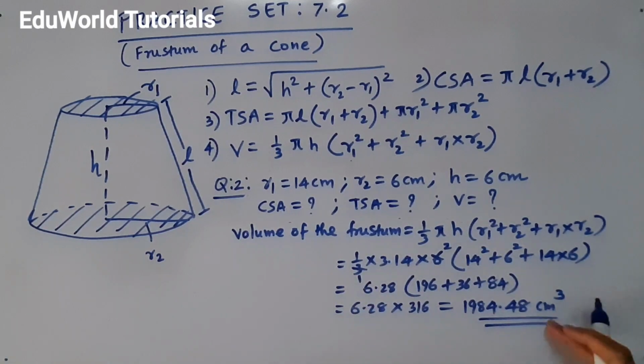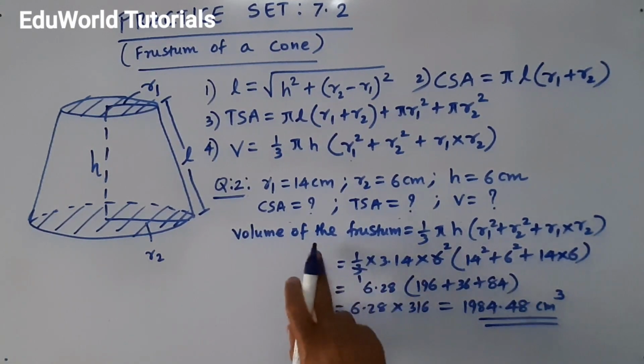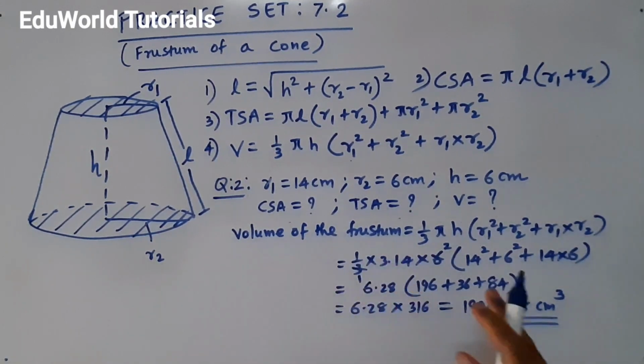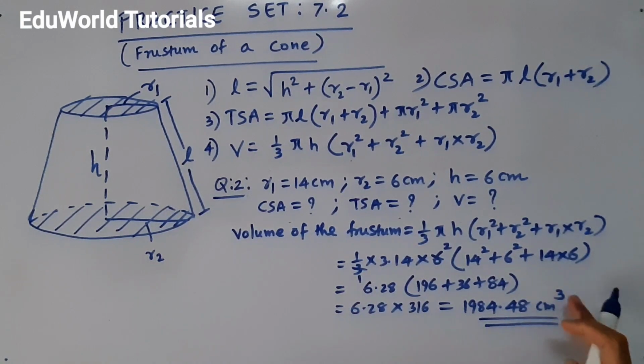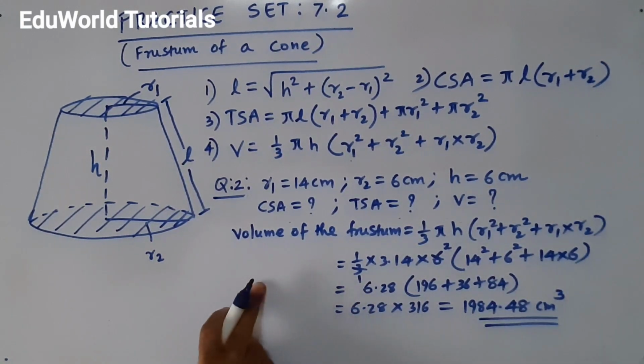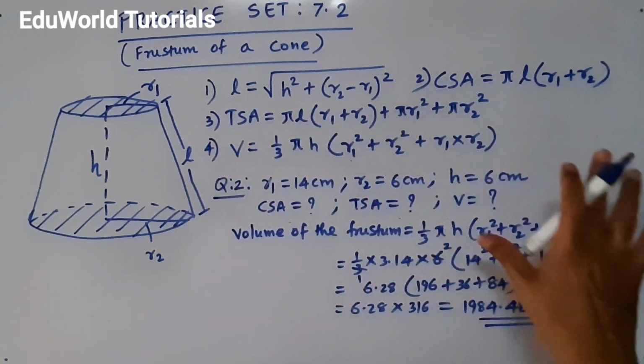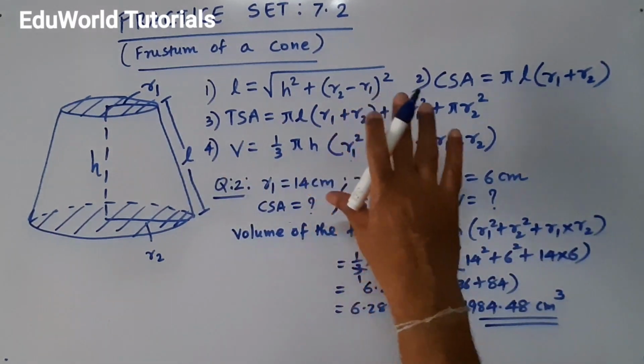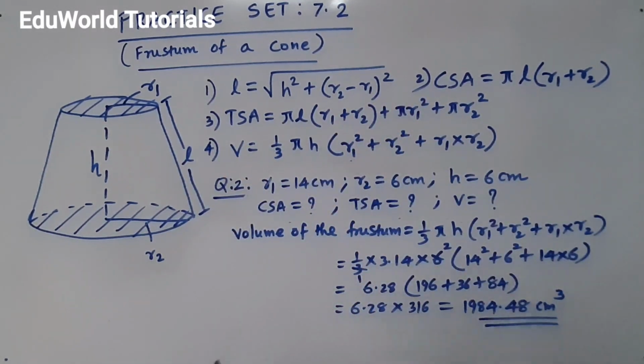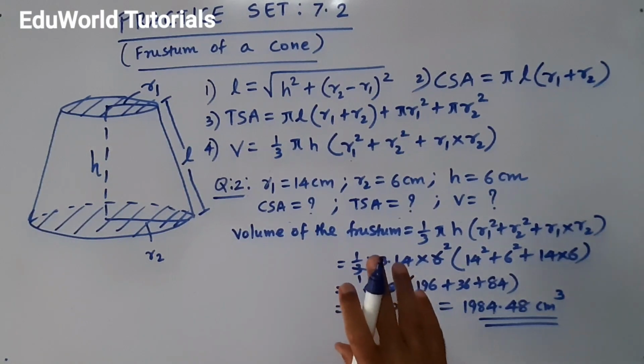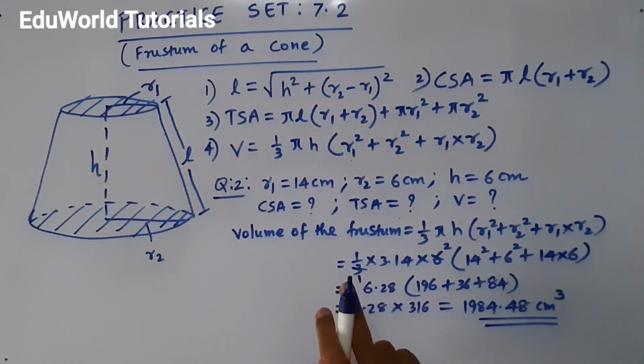That is why it is the cube of the centimeter. Volume has 3 dimensions, so centimeter cubed. This is the second sum. Okay, remembering formulae of frustum or all other figures is a very important work you have to do in this chapter. Third sum is again based on the frustum.